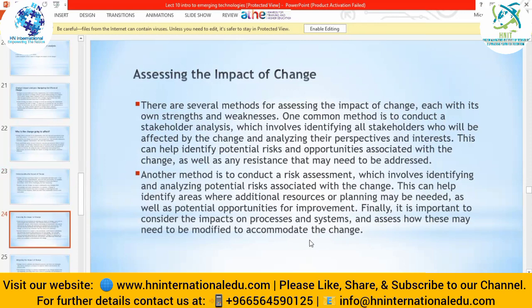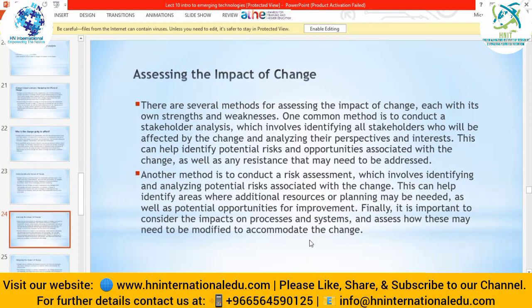When you're changing something, you have to involve those people who are getting affected by those changes. You have to see if it is troublesome for them or not, and what their interests are. Do they want this change or not? This can help identify potential risks and opportunities associated with the change, as well as resistance that may need to be addressed. Another method is to conduct a risk assessment, which involves identifying and analyzing potential risks associated with the